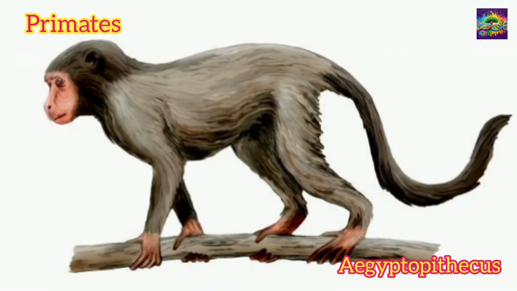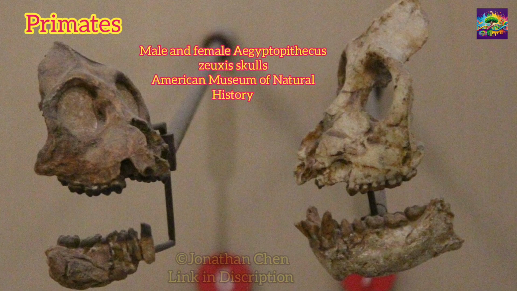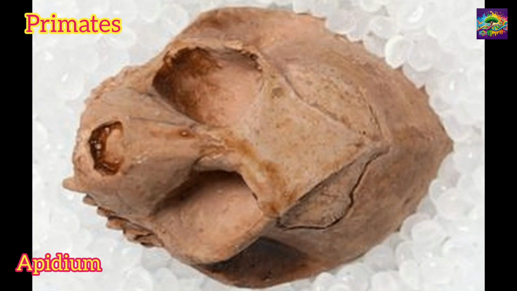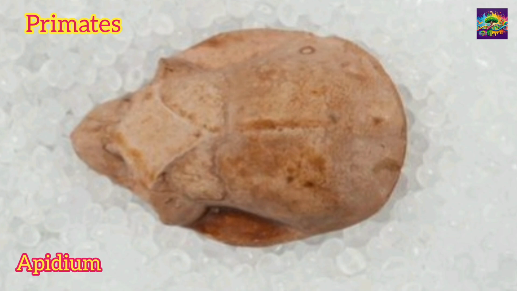Aegyptopithecus, a primate from the Oligocene epoch, is primarily known from fossils found in Egypt, which is how it got its name. It was about the size of a small monkey and had a slightly larger brain, indicating the early stages of cognitive development. Its sharp teeth were adapted for consuming fruits, leaves, and other vegetation, showing a diet consistent with arboreal primates. Apidium, also found in North Africa, was a small, tree-dwelling primate. Its characteristics make it a representative of early simians, the subgroup of primates that includes monkeys,